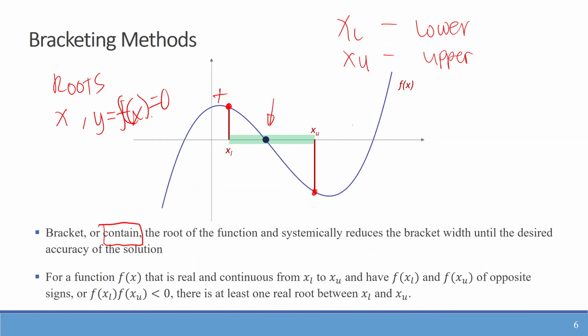Now, how about for this one? Let's say these are our initial guesses. You can observe that these are both positive, and the product of the functions of those is not a negative number, not less than 0, which denotes that there is no root in between those initial guesses. Now, in the bracketing method, when we have determined that in between those two initial guesses exists a root, we are going to use the upper and the lower limit to find another value of x and then evaluate that until we are very much closer to our root. That's what we do with the bracketing method.